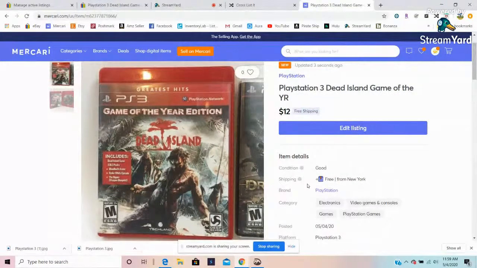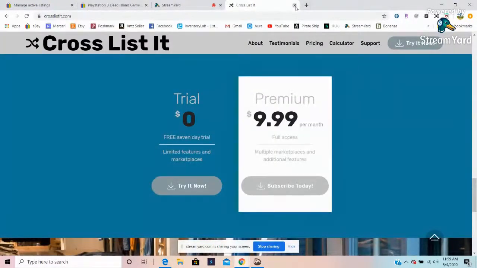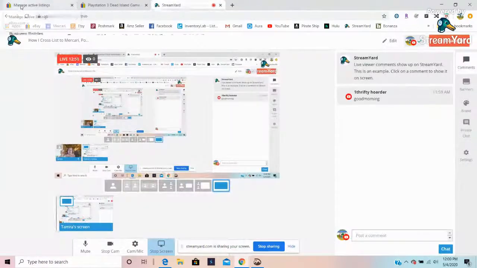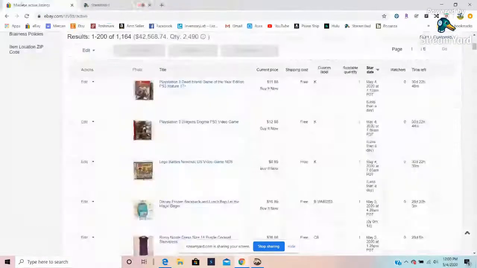So I'm going to go through one. I'm going to close this downloads bar that popped up. I'm going to close this. And actually, I'm going to close this because we don't need it anymore. And I'm going to do another one and just show you how quickly it actually goes.